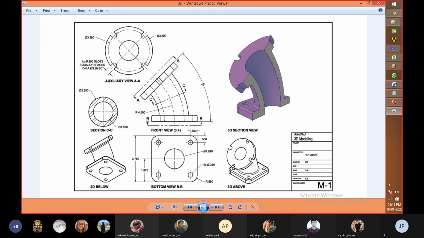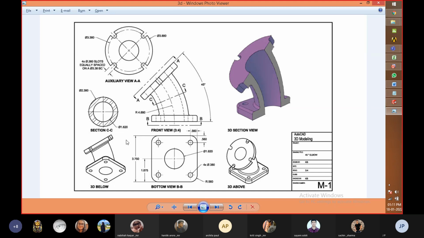Okay, now there's one more thing I can share from this drawing. You can see over here that there is a CC, which is written with the help of these lines. This symbol is used to show that this part is actually hollow, and CC is showing a cut section. The profile of this section is shown over here to show you the diameter of that profile, and the hatching created within this profile shows that there is material over there. Wherever within the region there is no hatching, it shows that there is no material.